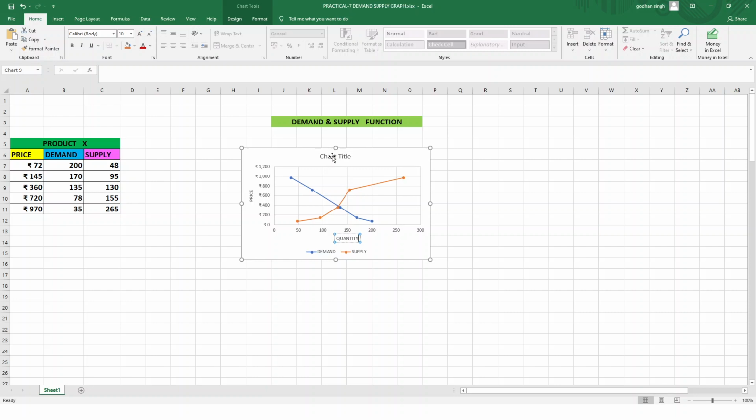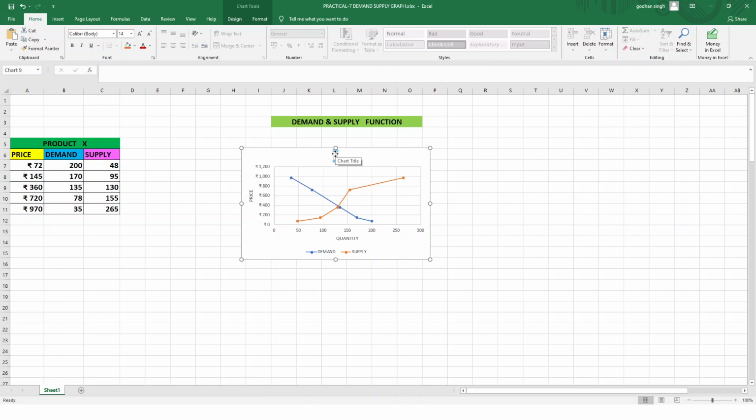Since we have not written the chart title, that also we'll do. Just select this one here, that we'll delete, and this also we'll delete, and then we'll write there demand and supply curve, or you can write just product X also.